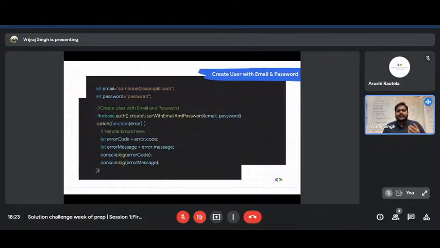So here, let's say I have JavaScript, and I'm using Firebase SDK version 8. Here we have an email ID. My email ID is, let's say, someone@example.com, and the password is password. First we are using Firebase, and then inside Firebase we are using the authentication service. Here we have an auth function, and inside auth we want to sign up the user. You can go to create account, and then put in your email and the password. So we have a function named createUserWithEmailAndPassword.